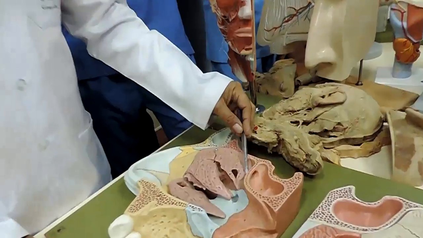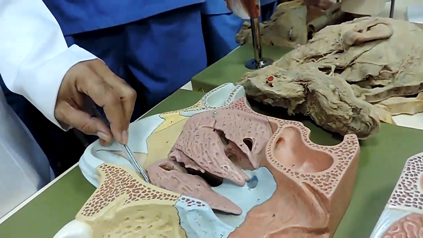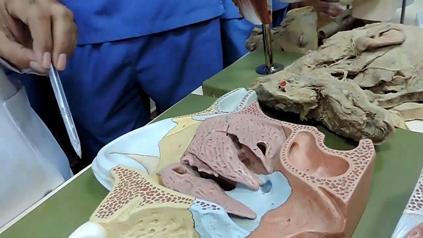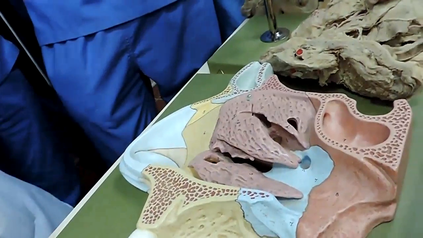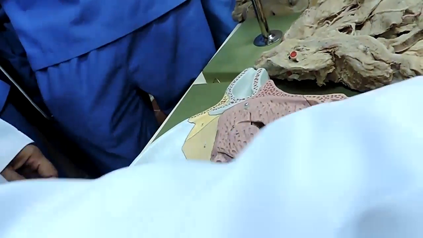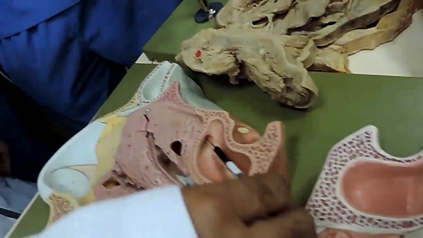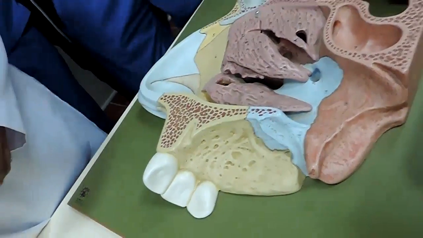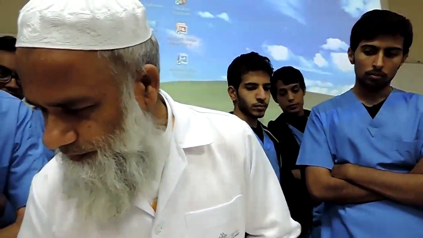You have to know the sphenoethmoidal recess, the superior meatus, middle meatus, and inferior meatus. You have to know the sphenoid sinus and the frontal sinus. You must know that the sphenoid sinus opens in the sphenoethmoidal recess, and the posterior ethmoidal cells open in the superior meatus. All the other sinuses open in the middle meatus. Paranasal air sinuses are air-filled cavities in the bones around the nose. They open in the different meatuses of the nose. We have the frontal sinus, sphenoid sinus, maxillary sinus, and anterior, middle, and posterior ethmoidal sinuses. Anything else? Okay.